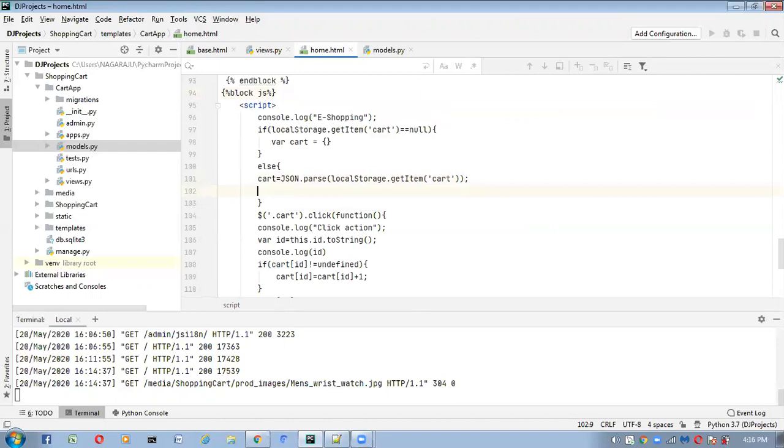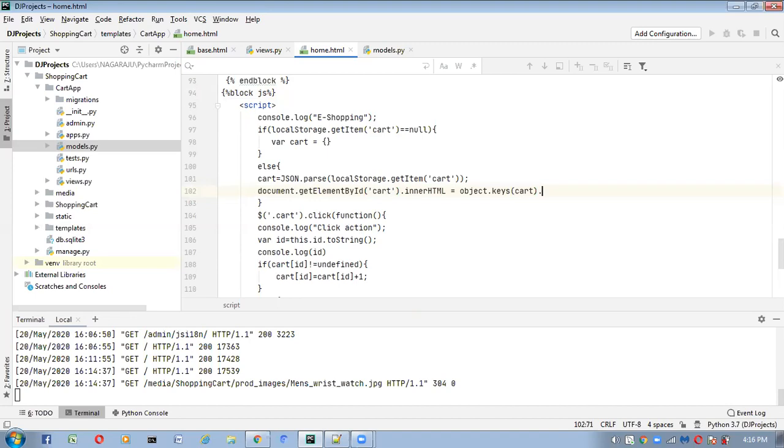What we have to write? Here I am going to write the JavaScript code. document.getElementById, the id is cart, .innerHTML is equal to Object.keys, inside this I am taking cart, and .length.